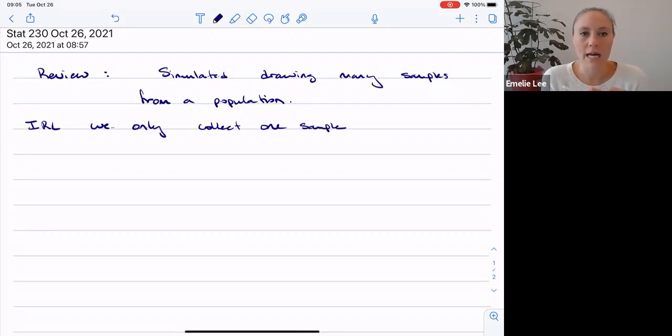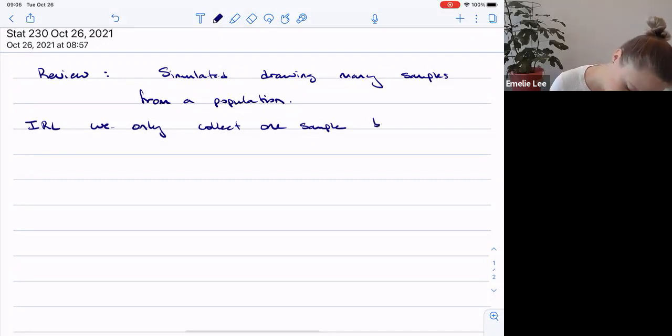But to find probabilities associated with that sample, for example, the sample proportion, we need to know what distribution did it come from. So we only collect one sample, but to find probabilities associated with